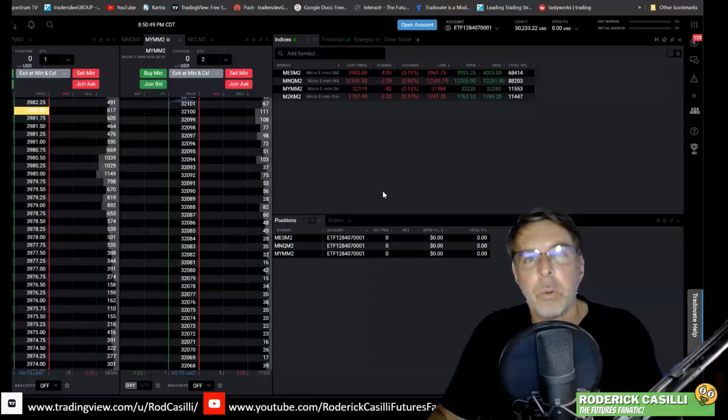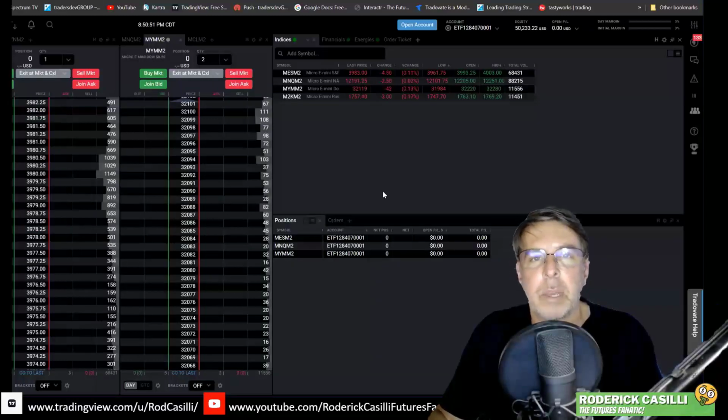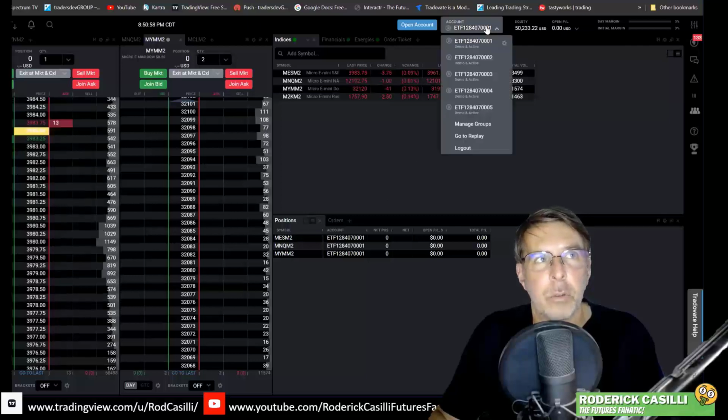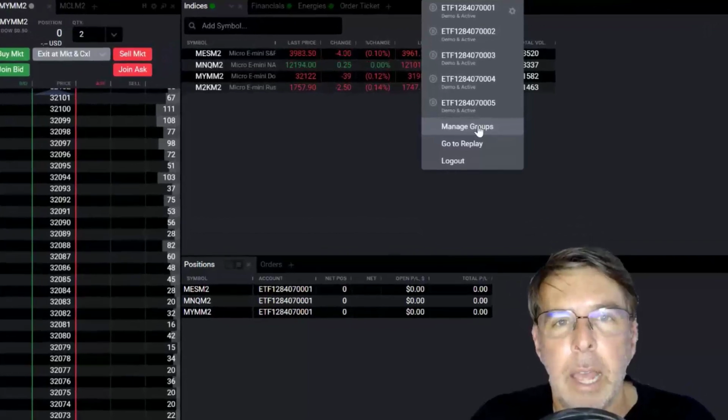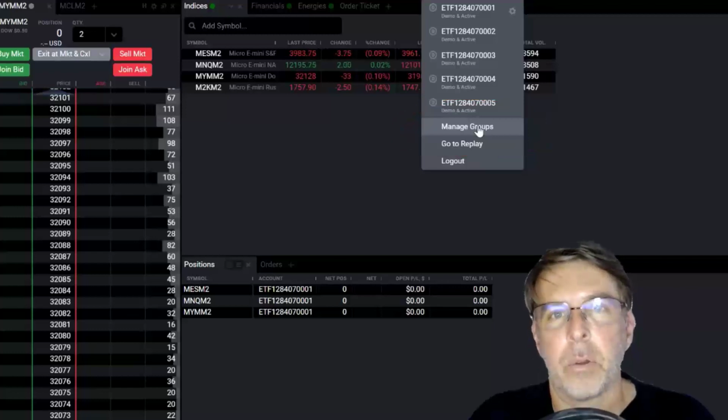Now, I'm re-recording this video because I recorded it yesterday, because this is the important point. I'm not a fan of this replicator. I've now used it pretty extensively. It's here. It's called Manage Groups. Okay, you're going to hit the drop down here, and I'll zoom in right here. It's called Manage Groups. Okay, this was never really meant for the use case that some people are now doing,